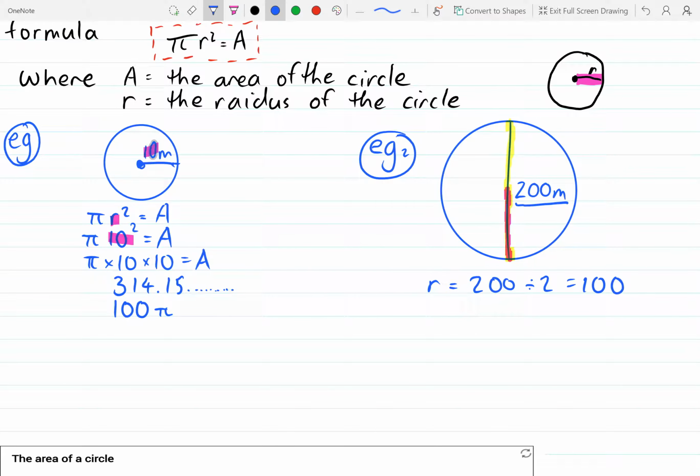Okay, then we just do the same thing, write our formula. Pi r squared equals our area. Then we substitute in, so pi times 100 times 100 equals our area. So that's 10,000 times pi, which is